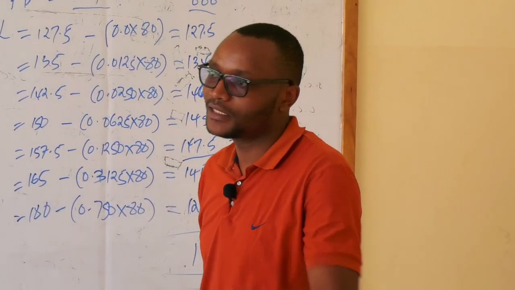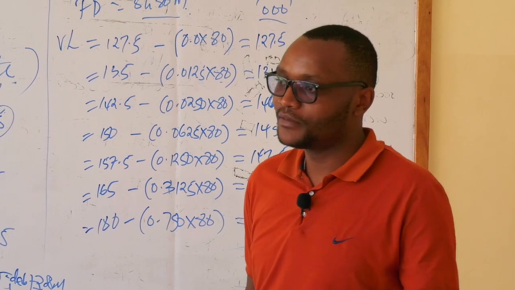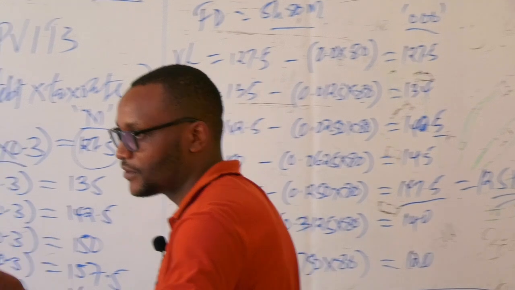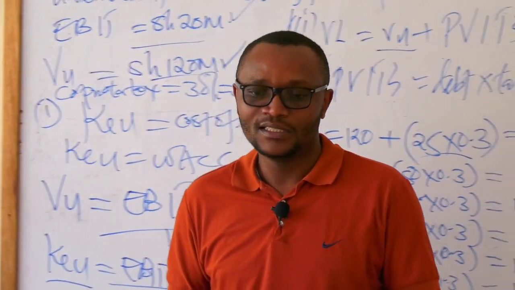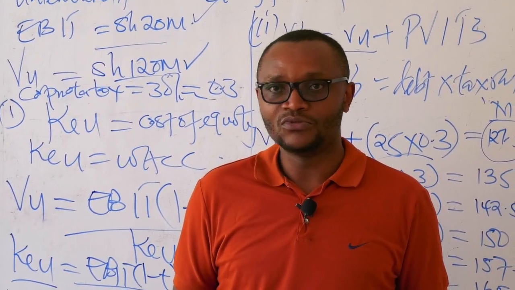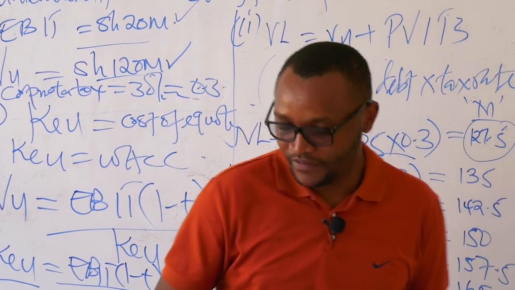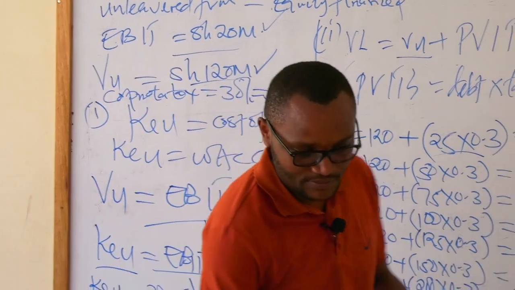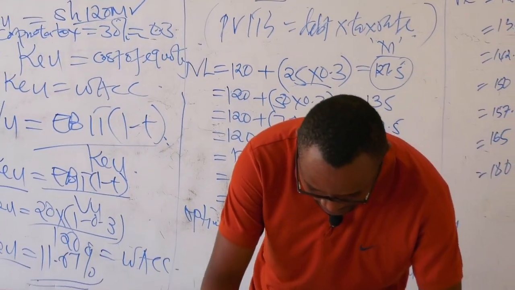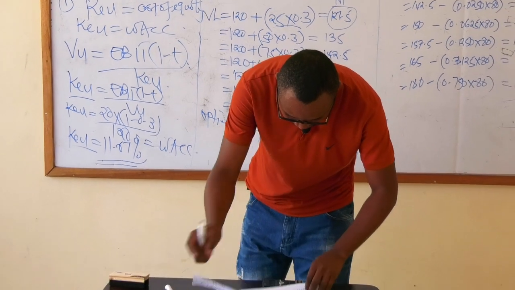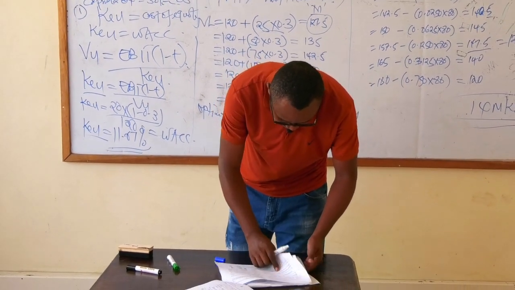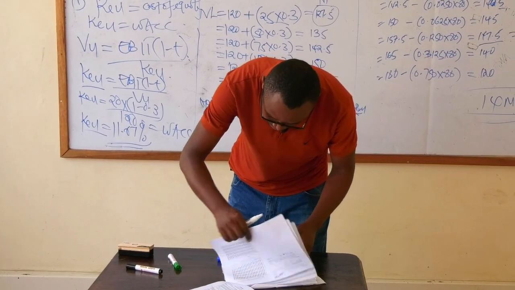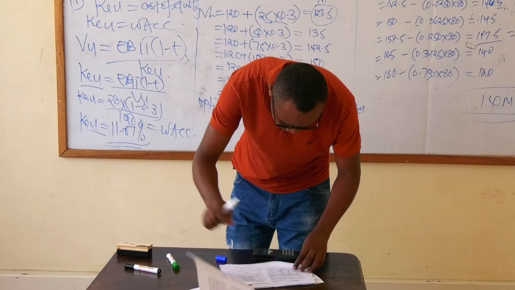I've told you sometimes it replicates the questions. Repetition of questions has been the norm of KASNEB most of the time. It's okay to revise the current year, but don't forget to check those previous years. So you're going to have another question, December 2016. There is a question there I want us to tackle with the same Modigliani and Miller, a related question.